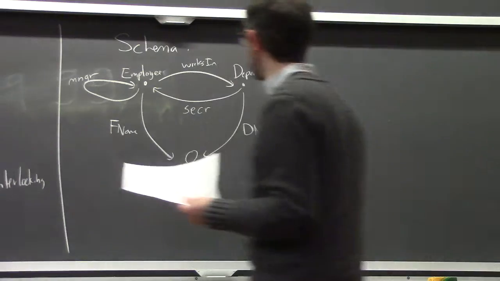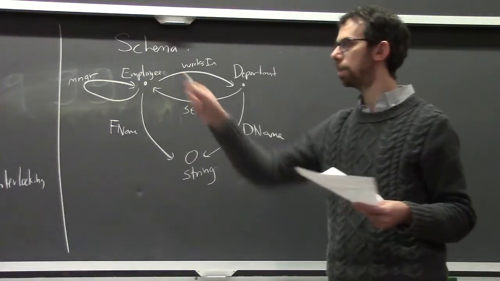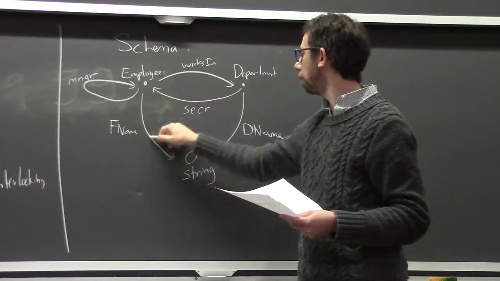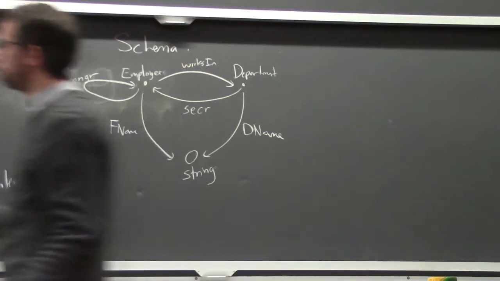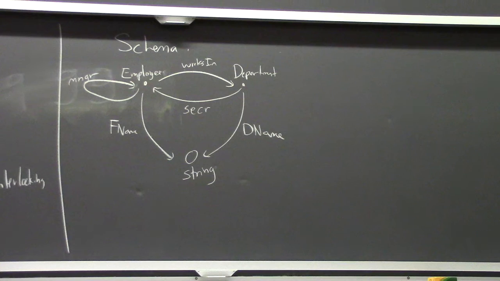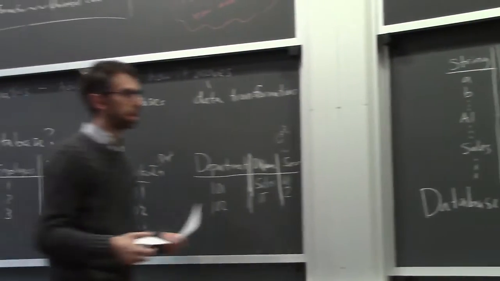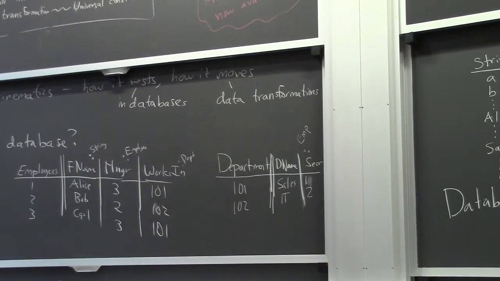And now if you count, there's 3 dots, just like there's 3 tables drawn there. That's not a coincidence. There's 1, 2, 3, 4, 5 arrows, just like there are 5 non-identity columns. 1, 2, 3, 4, 5, all the non-ID columns. So those 5 and 5 are not coincidences. What's going on is that the arrows emanating from any dot here are the columns in the table over there. So there's manager, works in, and F name, the 3 columns there, just like there are the 3 arrows here.